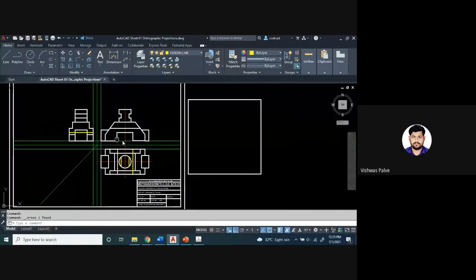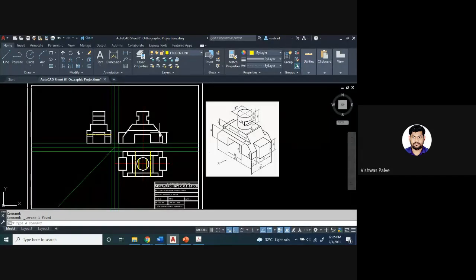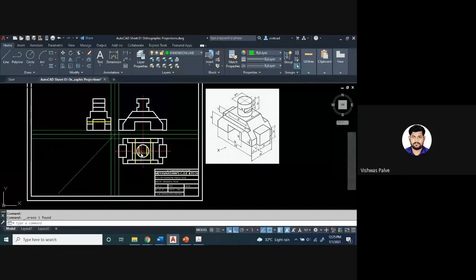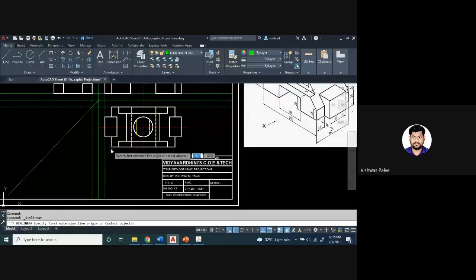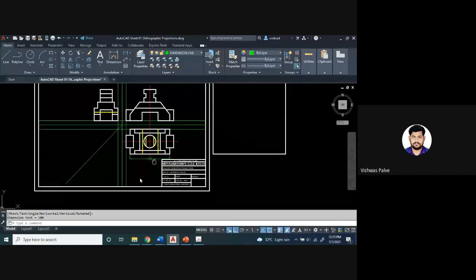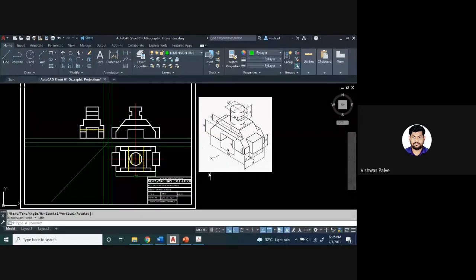So this is the first problem of the assignment. And one more thing, I have seen that students are not giving proper dimensioning. Whenever we give dimensioning, what is expected is that you don't give the dimension inside the object. I'll show you how to give the dimensioning. This 100mm distance is given. Yes, you have to show that 100mm distance.